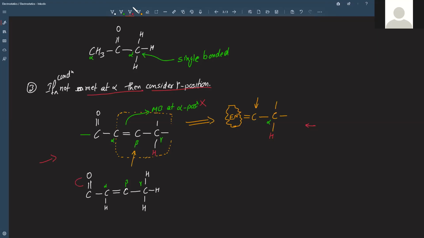This attracts its electron. The H from gamma goes to, yes, and this comes here. That is the part of resonance, you can say. And then this H leaves, and there is a double bond formed here. So it will establish a dynamic equilibrium with a structure. And how will that structure look?